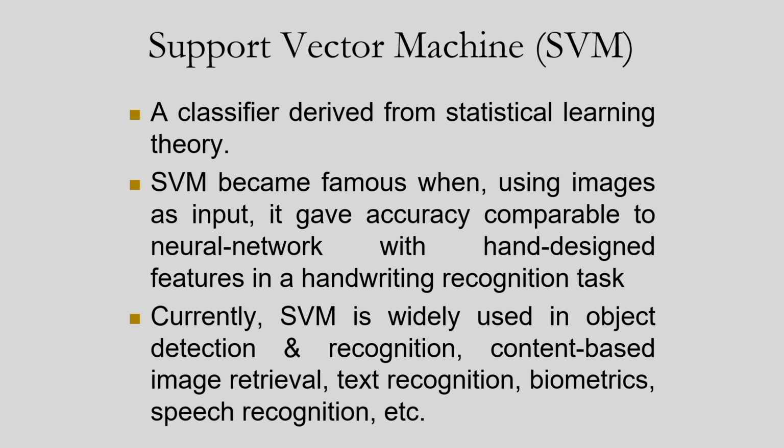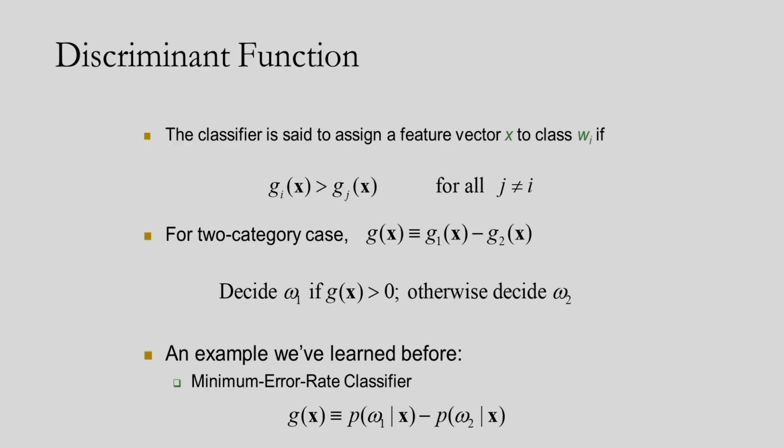For this we may consider handcrafted features for classification. Already I have explained some handcrafted features like color features, texture features, or maybe the HOG and SIFT I can consider, and based on these handcrafted features I can do the classification by support vector machine. So you know this condition, that is the discriminant function. Already I have explained about the discriminant function.